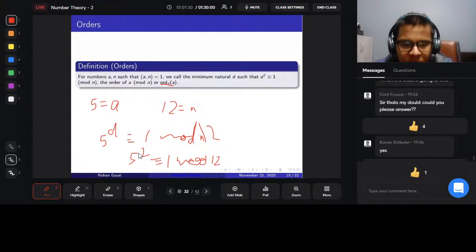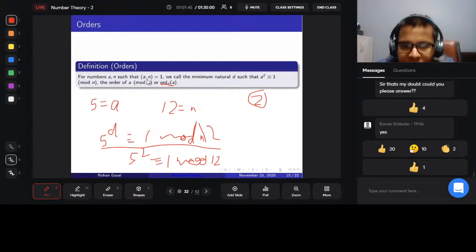So 5 squared is congruent to 1 mod 12. So we say that the order of 5 mod 12 is 2, because 2 is the smallest number such that this is true. Similarly, for any a and n which are coprime, we define the smallest number which divides the